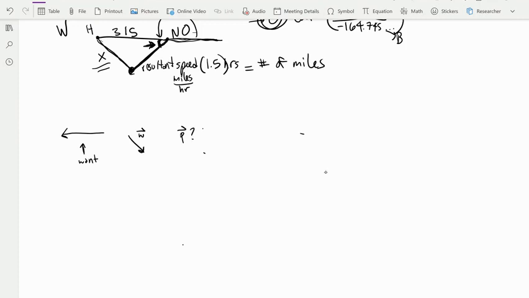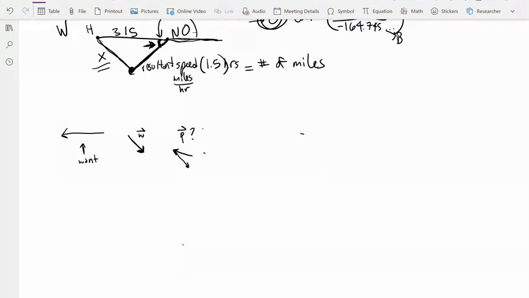So I want you to think about this logically. If I'm heading west, but I know that there is a wind that's heading southeast, what direction is the plane going to have to head in so that if the wind affects it, it's still heading west? So you know your plane, if you think about it logically, is going to have to be heading northwest so that when the wind affects it,